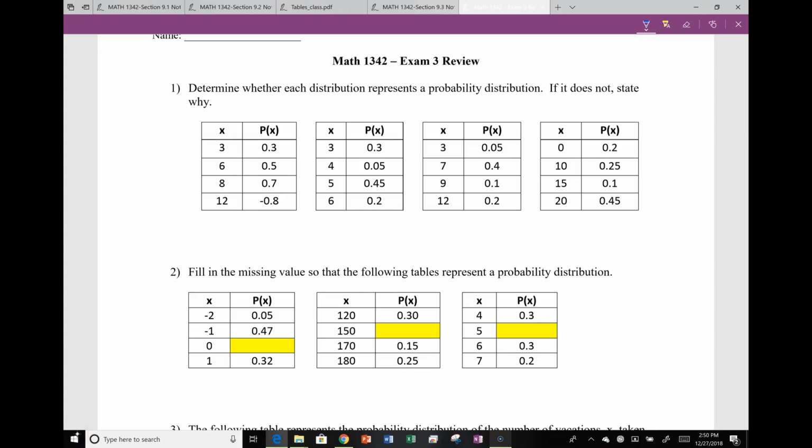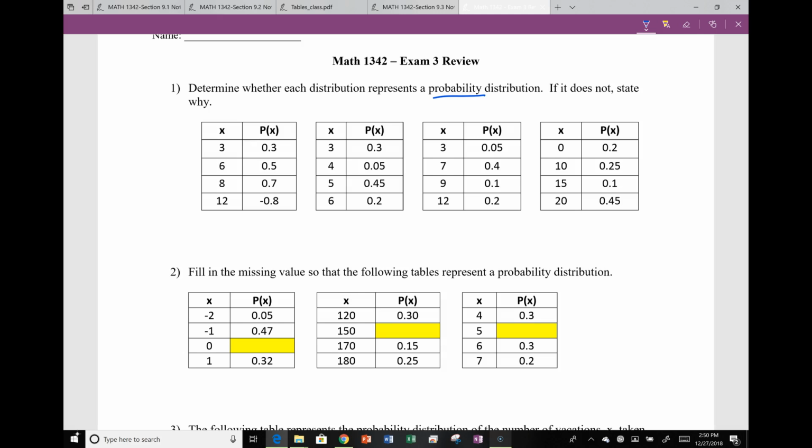In this video, we are going to begin looking at the review for Exam 3. So looking at number 1, it says determine whether each distribution represents a probability distribution. If it does not, state why. Remember, for a distribution to be a probability distribution, the first thing is the probabilities themselves must add up to